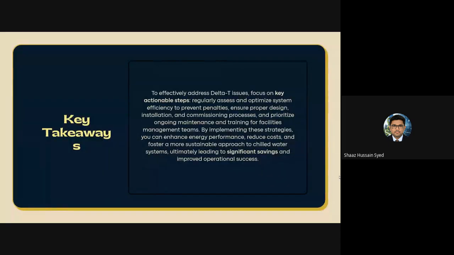So, in conclusion, let's summarize everything we have listened to so far. Low delta T, what does it mean? It means wasting your chilled water capacity. The problem is usually inside your building, not on the DC side. But because the problem is inside the building, it gets reflected in your ETS panels, and then what does DC see? That you're wasting the chilled water, low delta T syndrome.